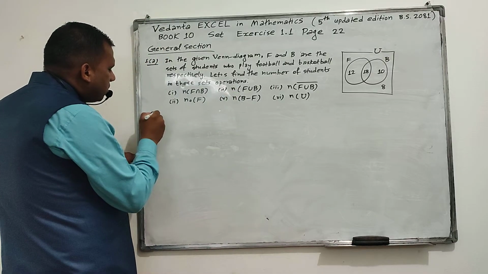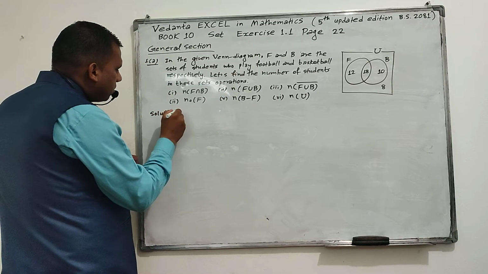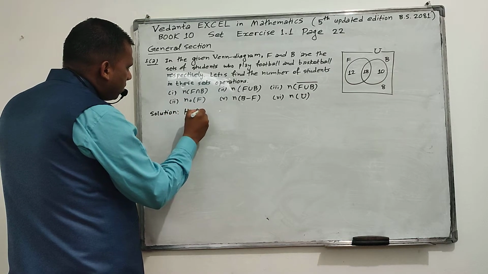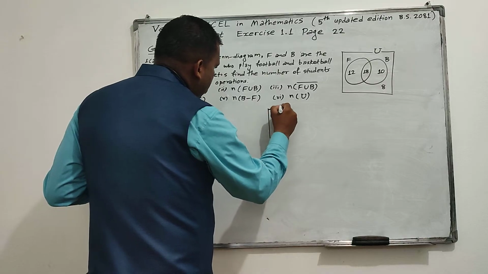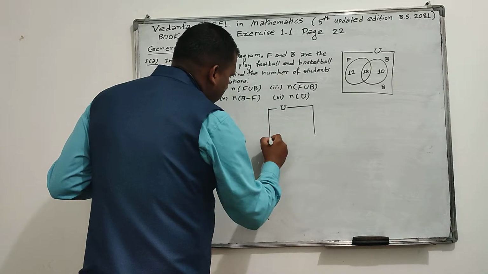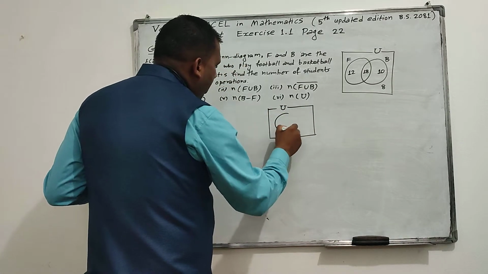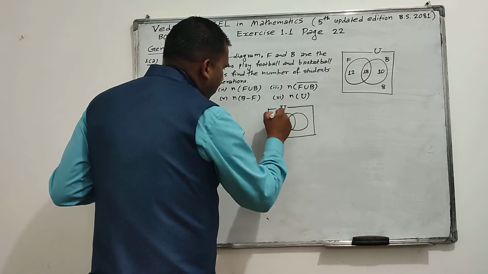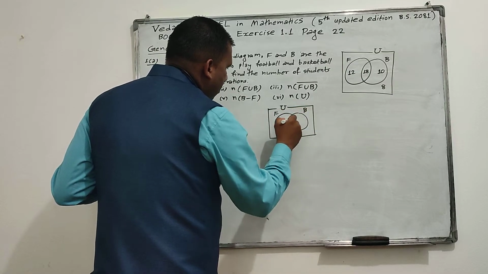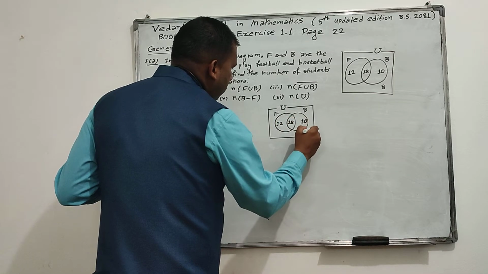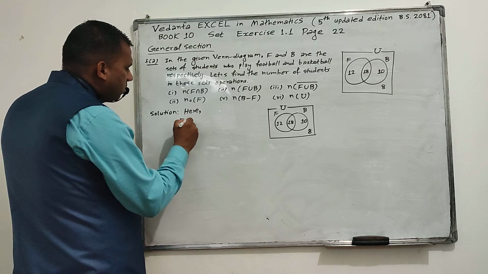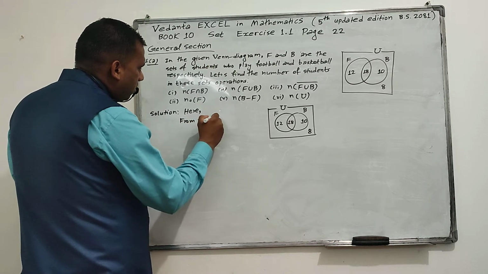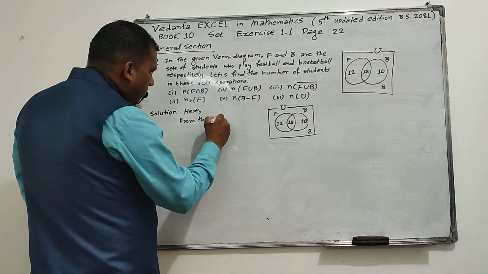Now its solution. Here given Venn diagram is U, and football F and basketball B. Here 12, here 18, here 10 and here 8. From the Venn diagram,